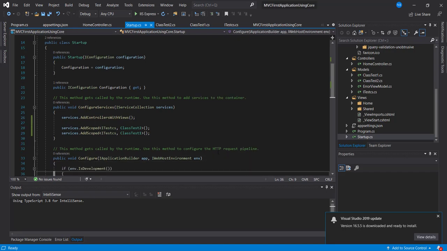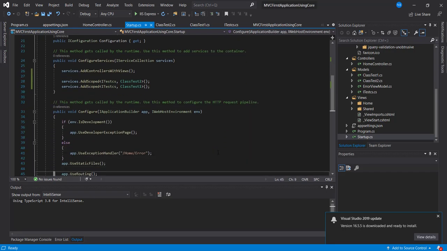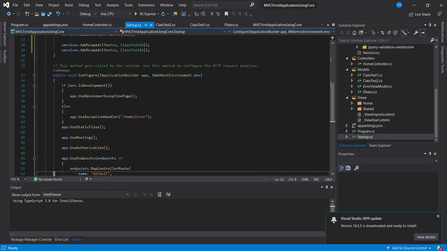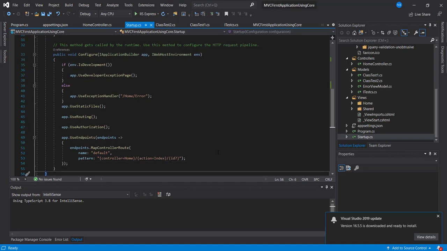So the next one is Configure, where we will be mentioning what kind of middleware you will be using. Again, there is a little bit of difference with respect to how the middleware works here in .NET Core 2 and 2.2. It was based on routing, where you would mention the middleware app.UseMvc in order to enable MVC.